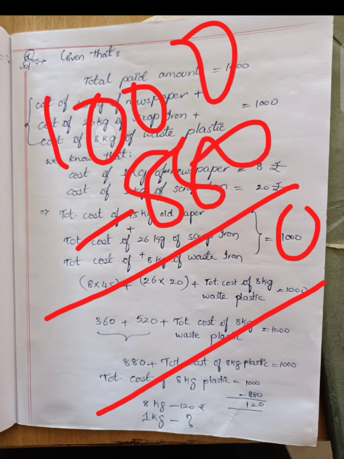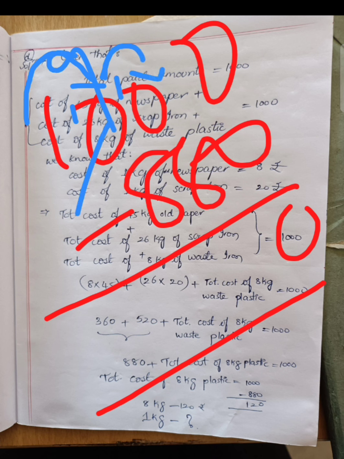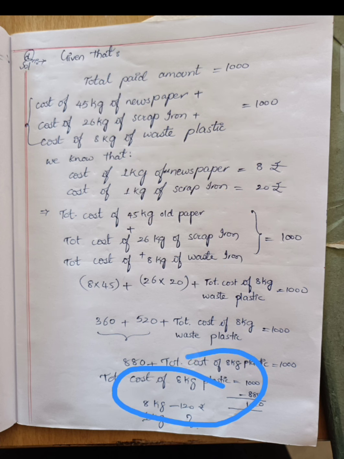Again the ones digit is also 0, so what do we have to do? We have to borrow from the next to the next. So it will become 10. Now this 10 will give 1 to this 0, so it will become 10, and here it will become 9. So 10 minus 8 means 2. Here 9 was there, so 9 minus 8 means 1. Okay, so we get 120.